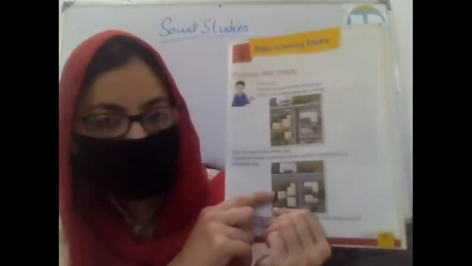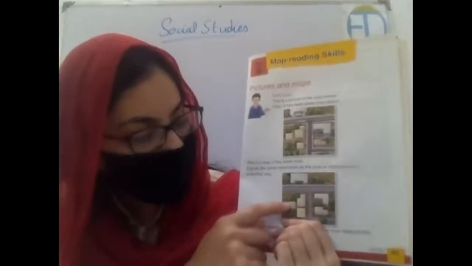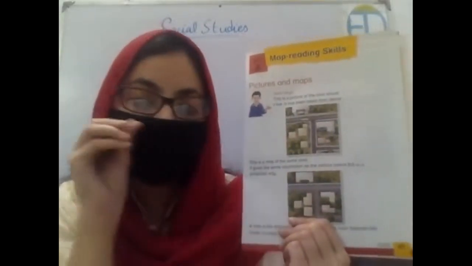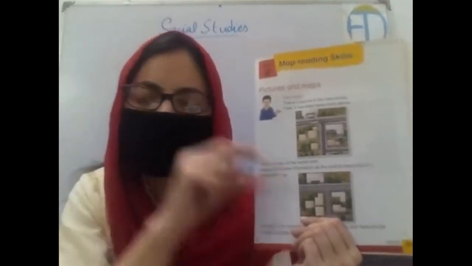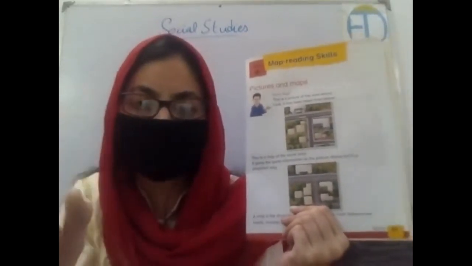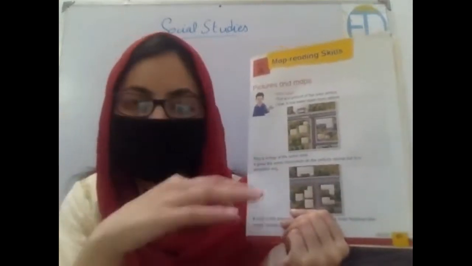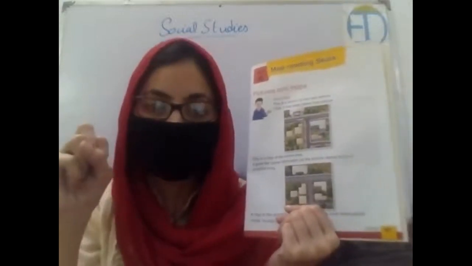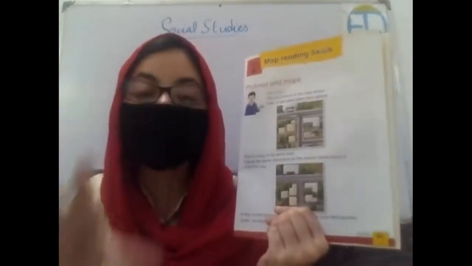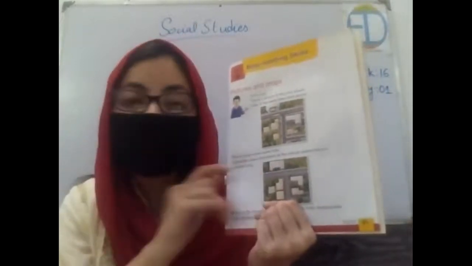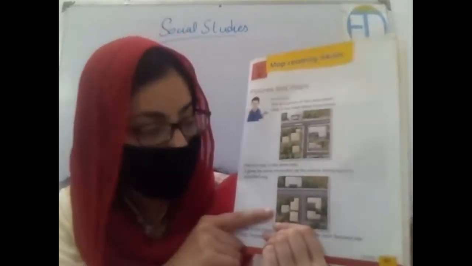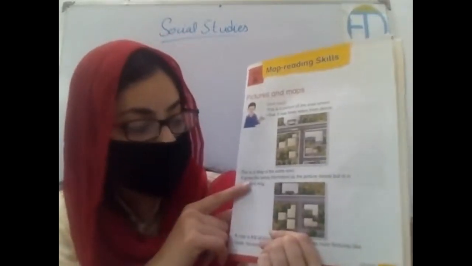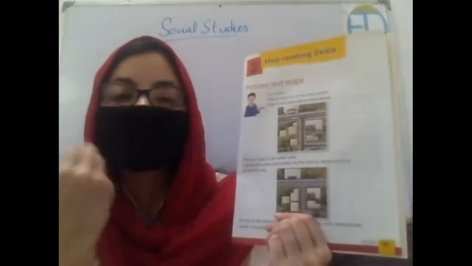Now this is a map of this particular area. The map is just showing you what the picture would look like. The map would not indicate the minor details, like over here there would be a window, two vehicles are passing on the road, similarly one person is walking in the street. But a picture captures the real-time scenario, whatever is happening at the particular time when the picture has been taken, right? But the map does not include all of these details. So the map gives the same information as the picture above, but in a simplified way.